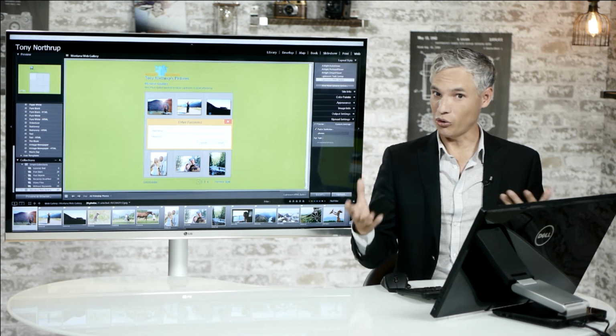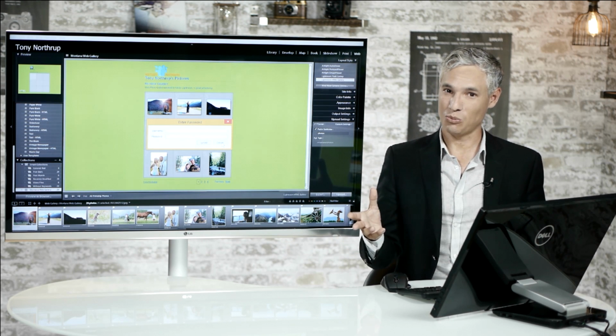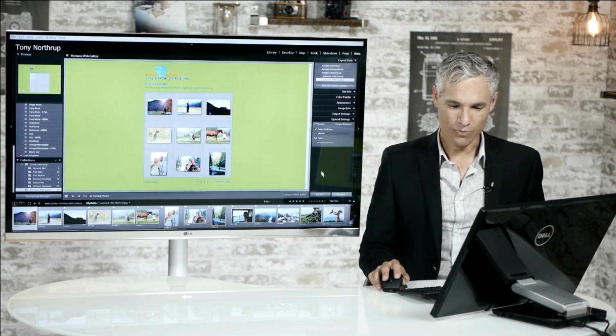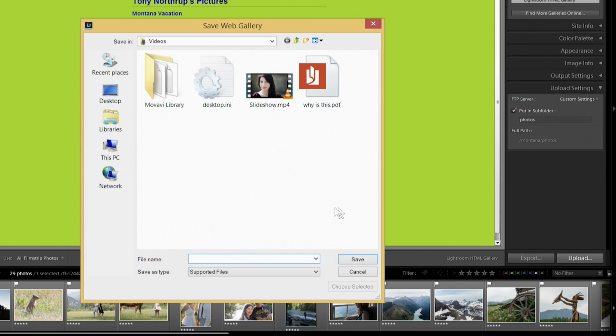I'm not going to go over the whole intricacies of dealing with server file systems, because I guess if you're doing this, you probably already know that. And I'm going to suggest some better alternatives anyway. If you want to transfer the files manually, you can go to the Export button here and save them in